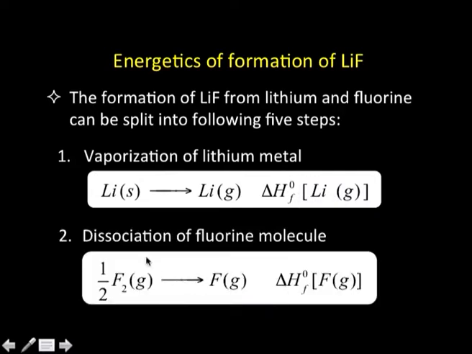The second step is the dissociation of the fluorine molecule, because the lattice energy, if you recall, is the energy released when 1 mole of a crystalline solid is obtained from the corresponding ions in the gaseous phase. So, we need ions in the gaseous phase. How do I go about that? Lithium is a solid here, so first we vaporize that. Similarly we take fluorine, but we need fluoride ion. To get an ion, the first thing we have to do is take the fluorine gas, split it into 2 parts, and make fluorine atoms. This energy is the dissociation energy.